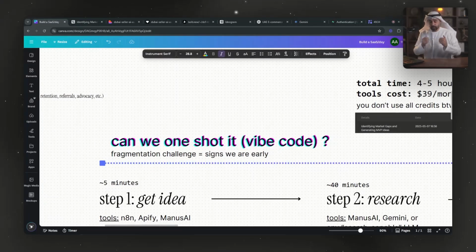Someone comes to me, or you come to me, and I build the software for you, and you click one button and all this works together. Let's say it takes 30 minutes, or 1 hour, whatever time it takes. You say, I have this idea, I want to build this MVP, I want everything to look really nice for me, and you go sleep, wake up in the morning, and your MVP is ready. That's the next step towards where we're going. But right now, we're not at that stage because of the fragmentation issue.